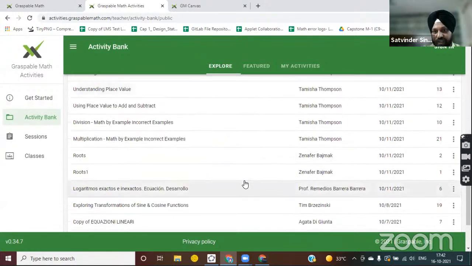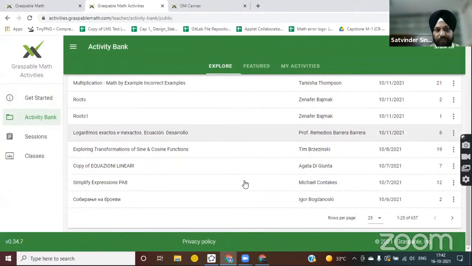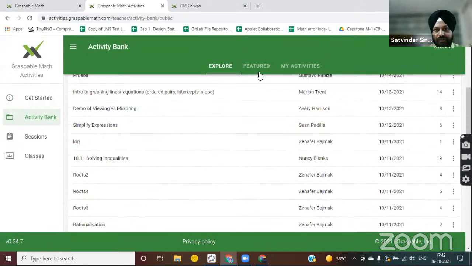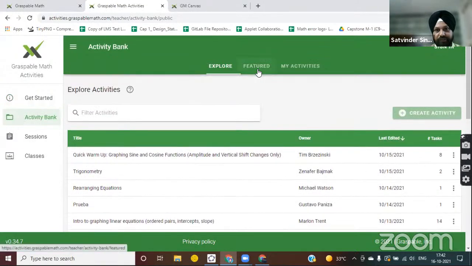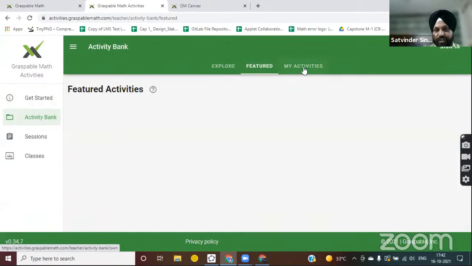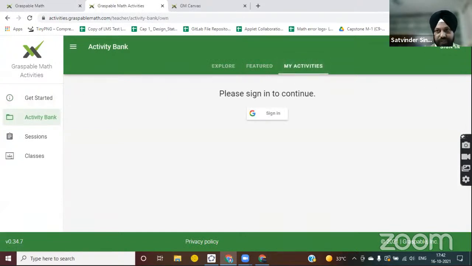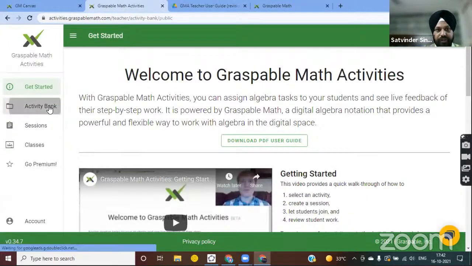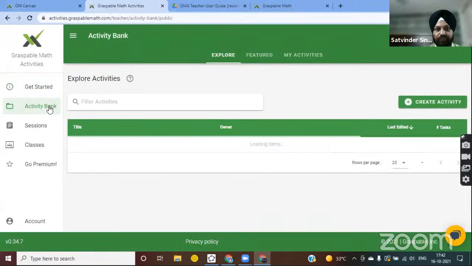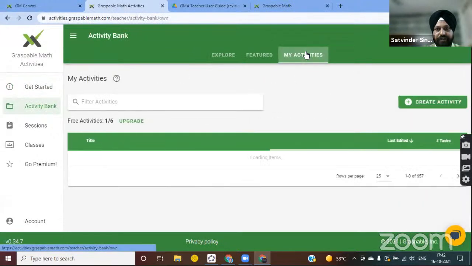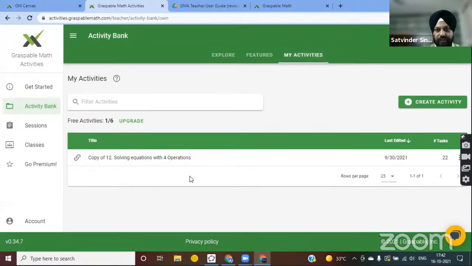You can also save your work. Copy of your equations, featured collections, you can go here, and my activities which you have saved in your account will appear here, because this is another account where I'm not logged in. So let me show you here my activities. Look at this. Solving equations with four operations. So if I just click here,